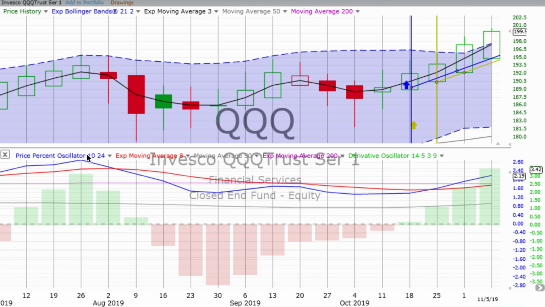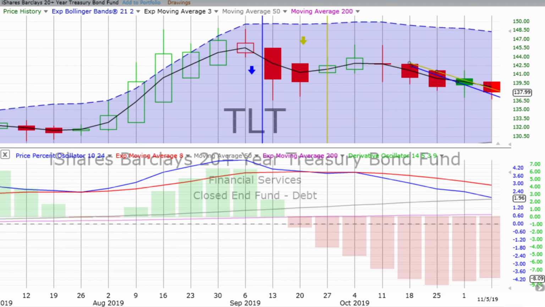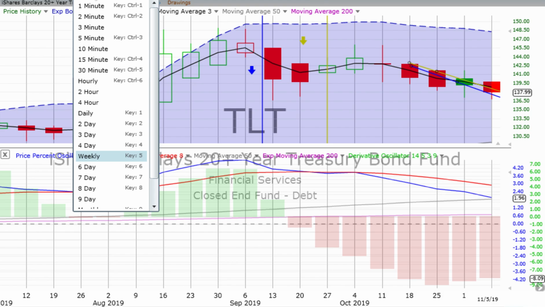We now leave stocks, go to bonds, which continue to fall. We've got another red down candle forming for the week, 2 days into it. Derivative oscillator still losing a little bit of downward momentum, but that all-important price percent oscillator clicking over, heading further down, prices below the weekly trend line. When we get to the 2-day, we'll see what we can do about that if it needs to be redrawn at this point, because we're seeing price just barely sitting on that. We'll continue to keep an eye on things.